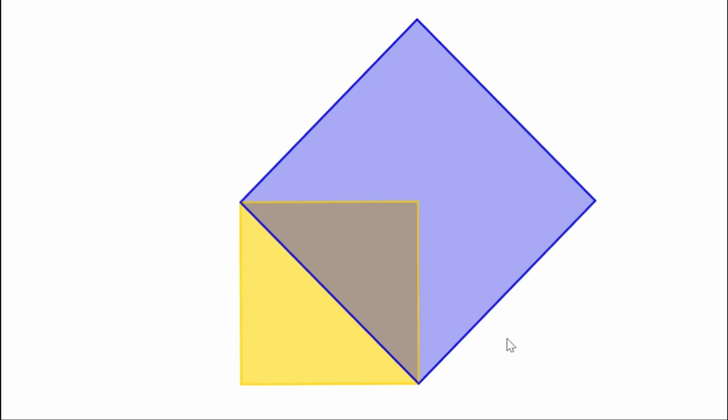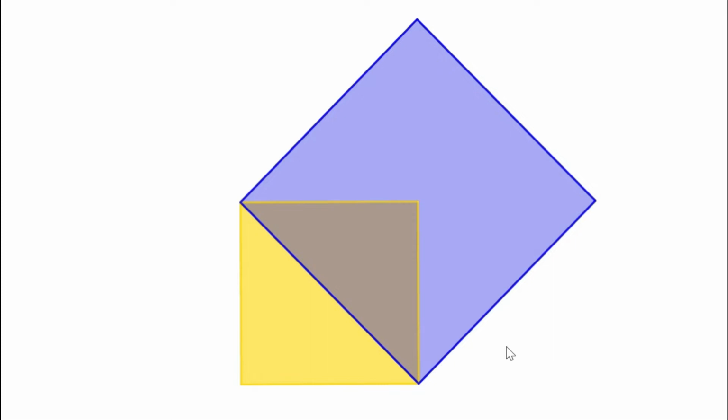What is the length of the sides of the large square? When the sides of a square are 1 meter, then its area is 1 square meter. Here the area of the large square is 2 square meters. So definitely the sides of the large square are more than 1 meter. When the sides of a square are 2 meters, then its area is 4 square meters. Here the area of the large square is 2 square meters. That means the sides of the large square are less than 2 meters. Therefore, the sides of the large square are in between 1 meter and 2 meters.